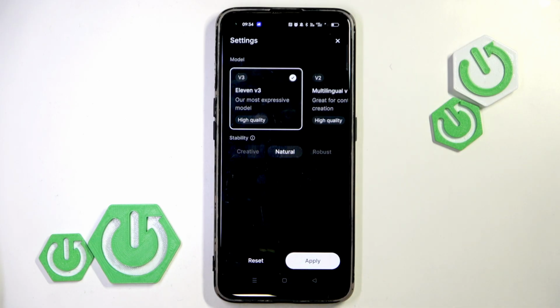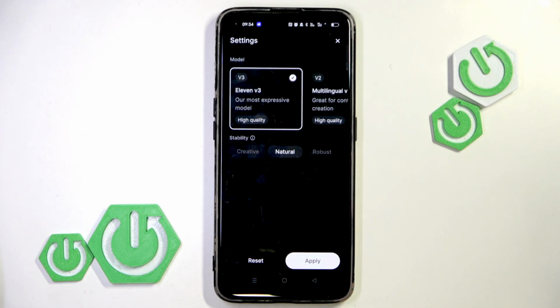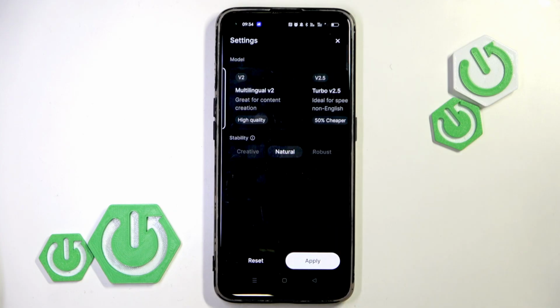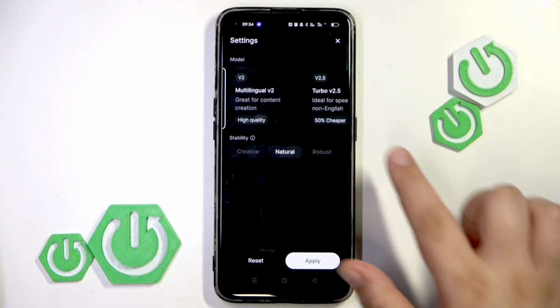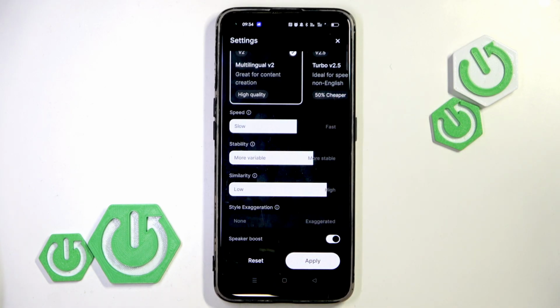You can also change the voice if you don't like how it sounds, because it may be the problem with the speaker, not only the settings. But the best settings to use for better voice model is the first one. But if you don't want to use the first one, you can go to the second one, and now you just need to adjust the speed for